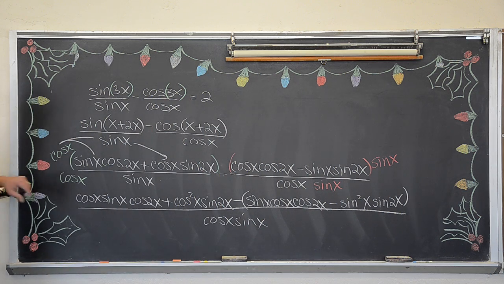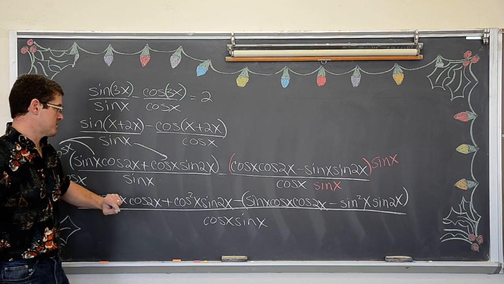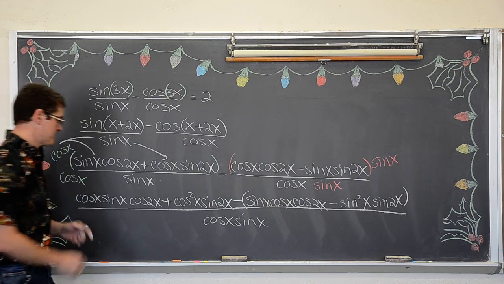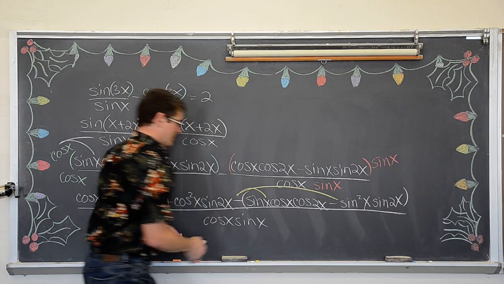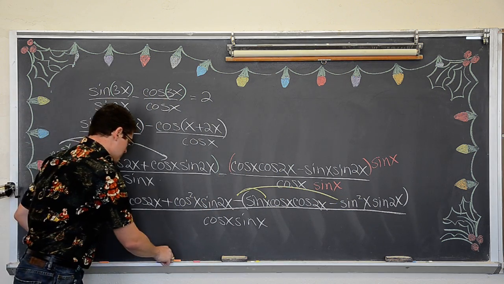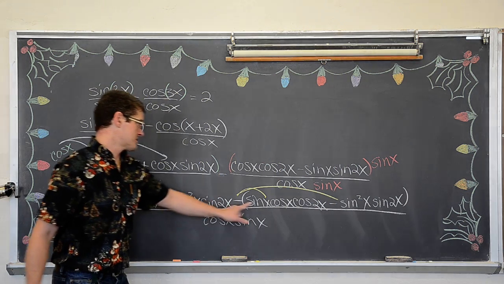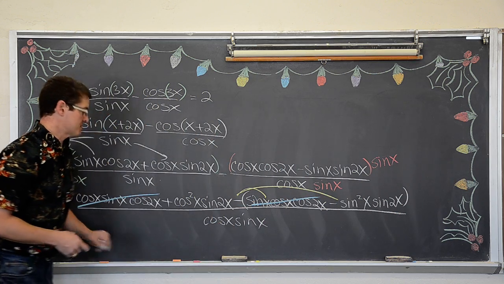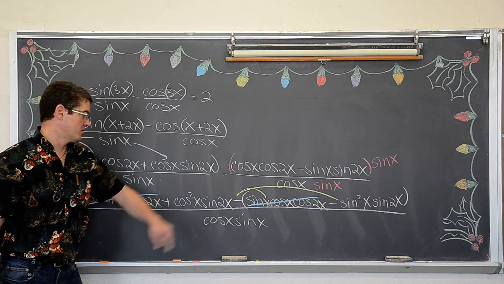Okay, now what do we have here? We have cosine sine cosine 2x, cosine sine cosine 2x. This one's positive, and after we distribute the negative sign, that's going to be positive. So cosine x sine x cosine 2x is going to cancel with minus sine x cosine 2x. Woo! That's going to save some writing. And we got cosine squared x sine 2x.